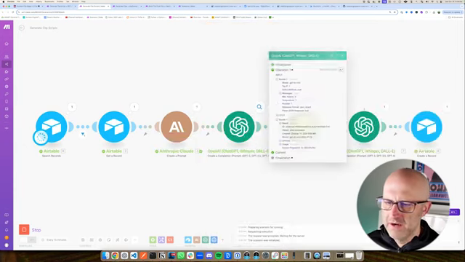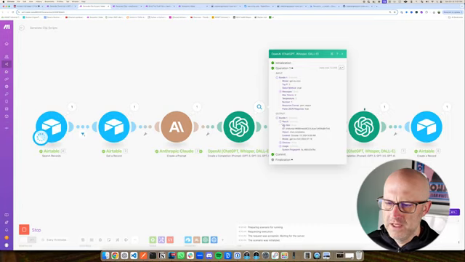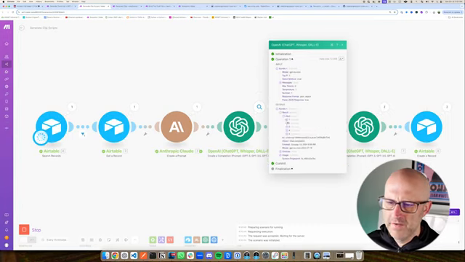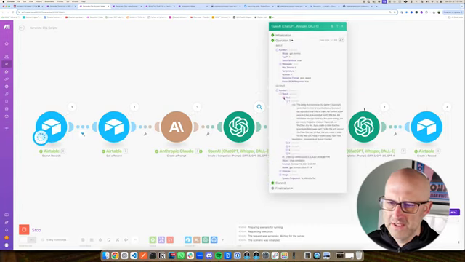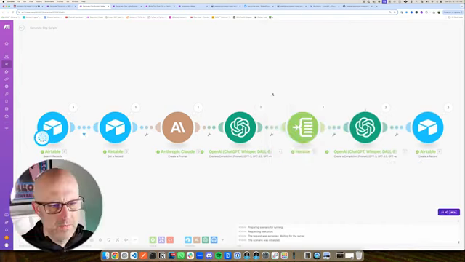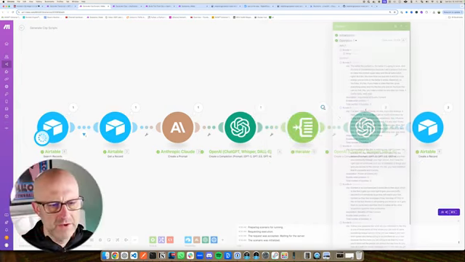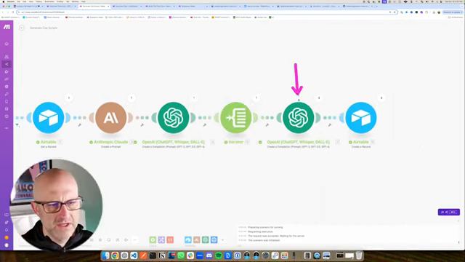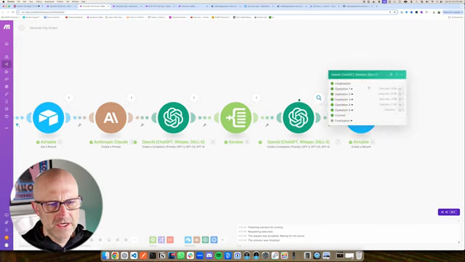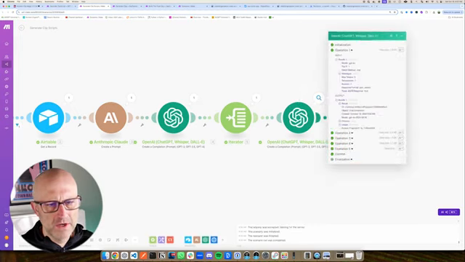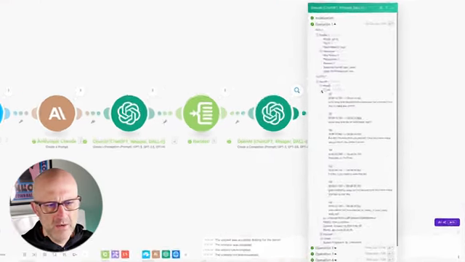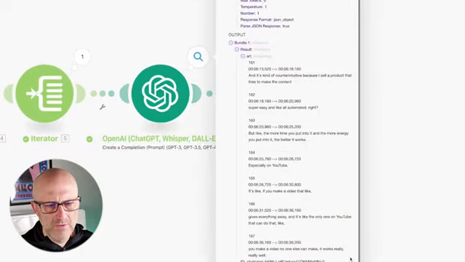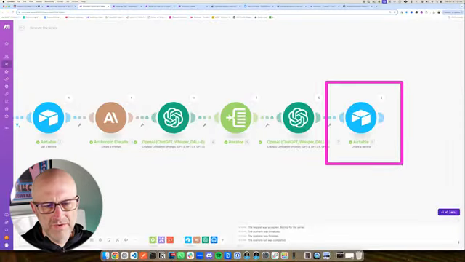Then we can look inside here in ChatGPT, and we can see that it has nicely formatted all of the clips into a JSON, which makes it easy to process in an automation. Then we simply iterate over each of those different clips. And then in this automation here, we are generating the SRT section for that clip. If we open this up here, we can take a look inside, and here we have the specific SRT for that specific clip. So we have the start and also the end time, and then it simply creates all of the different rows